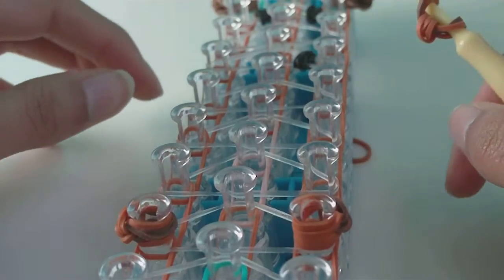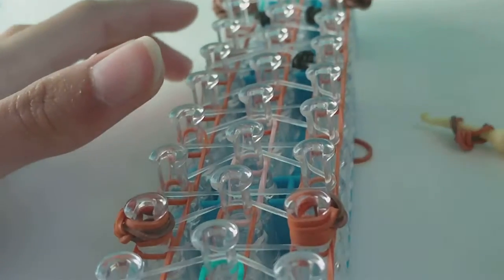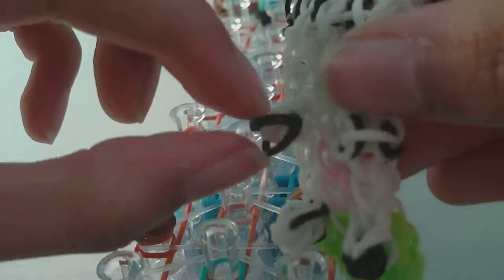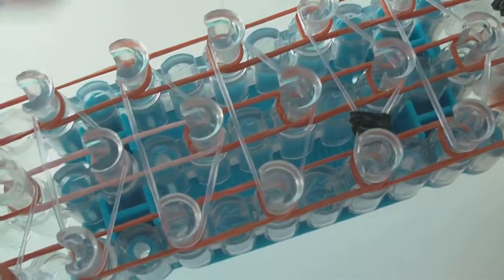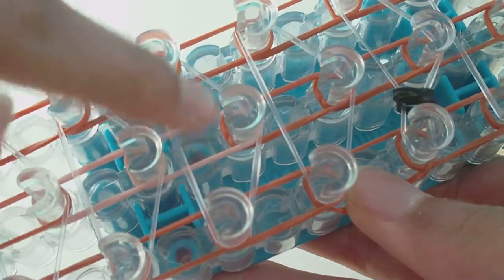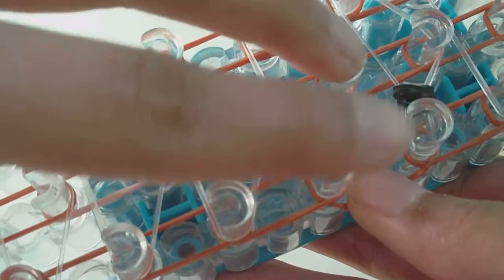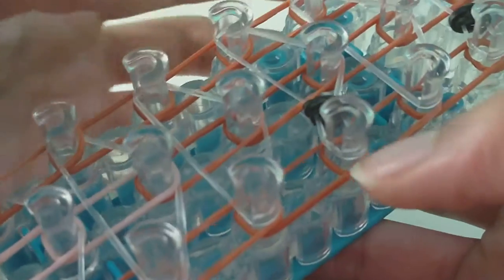Oh, I guess I have to explain where the legs are going to go, actually. Alright, sorry about that. The other two little legs, the ones that will be on the top, are going to be going on these two pins here. As you can see here in the middle, if you used belly bands, then it's that middle pin, and then you go to the next row. So here's this one row where the belly band ends, and then there's the next row. That's where those two legs will be going. Or if you didn't use belly bands,